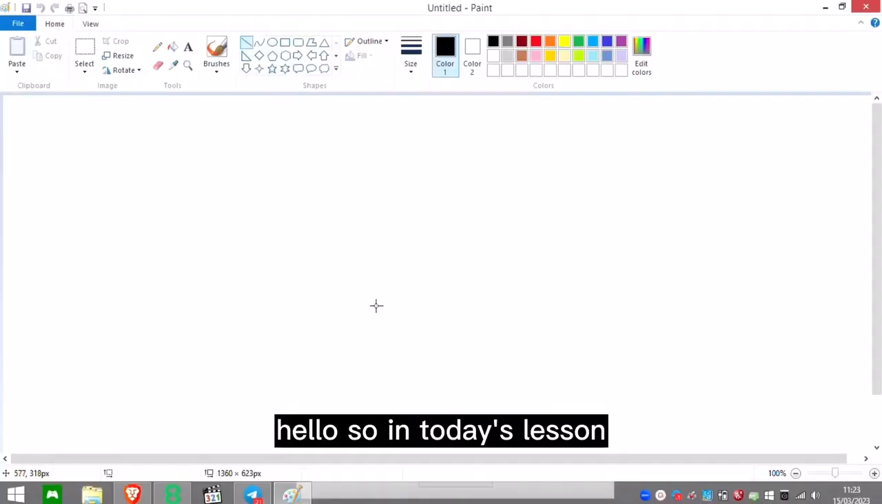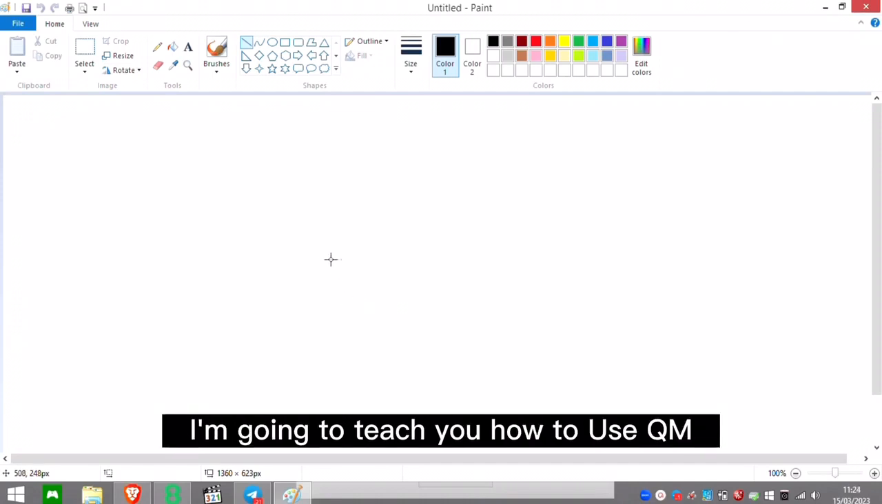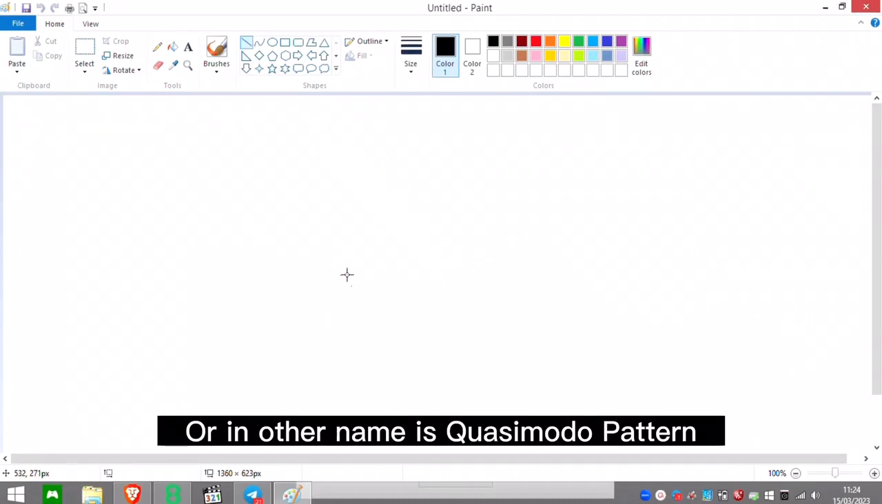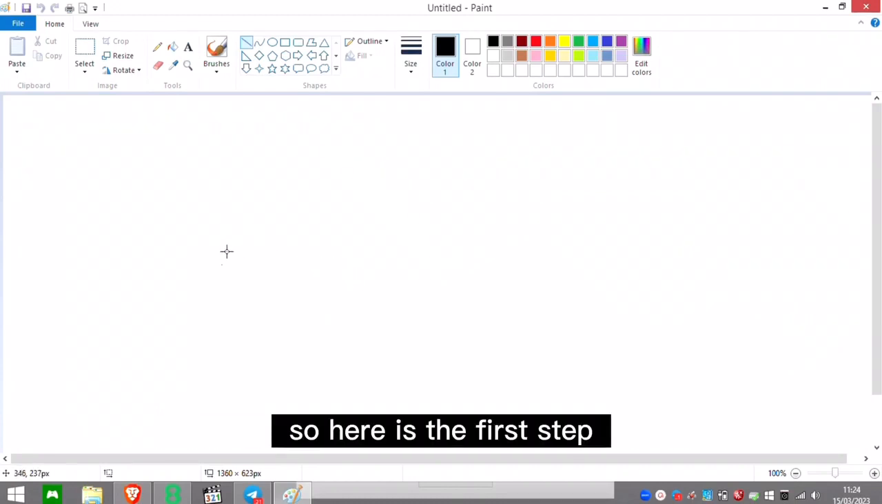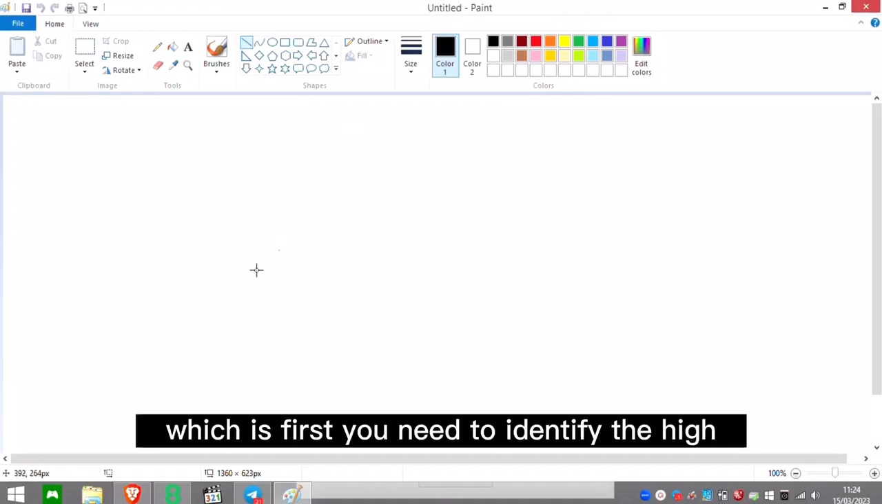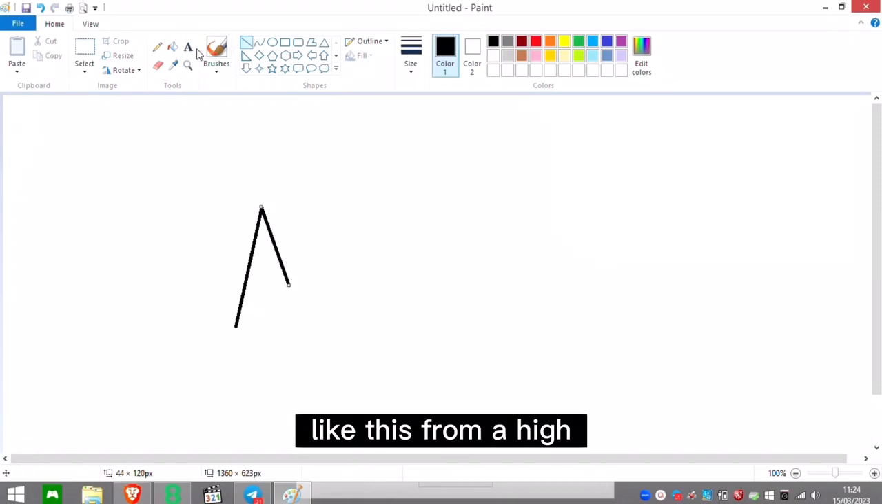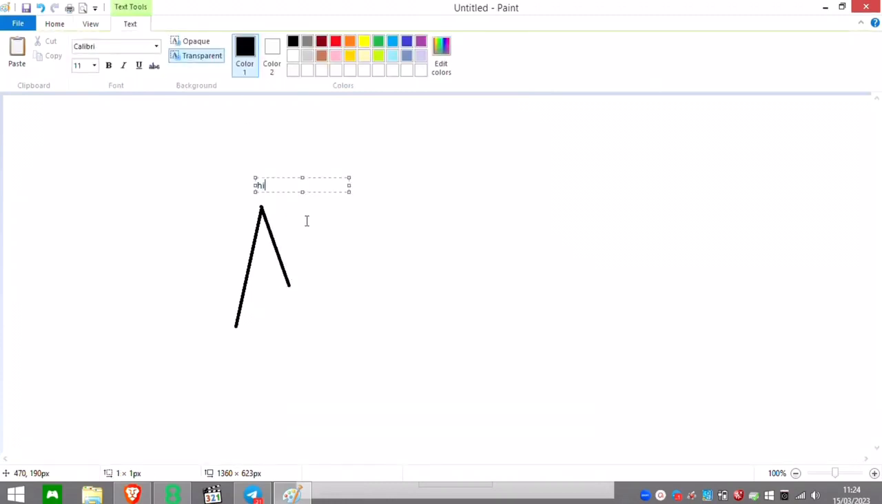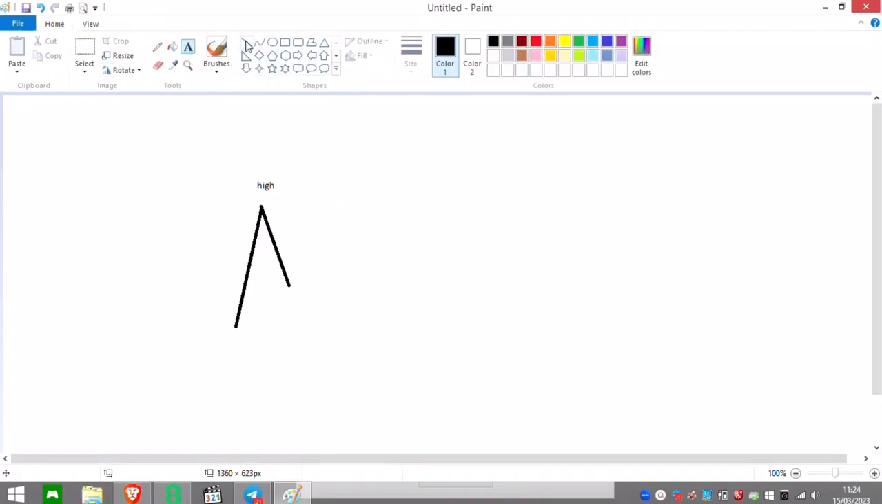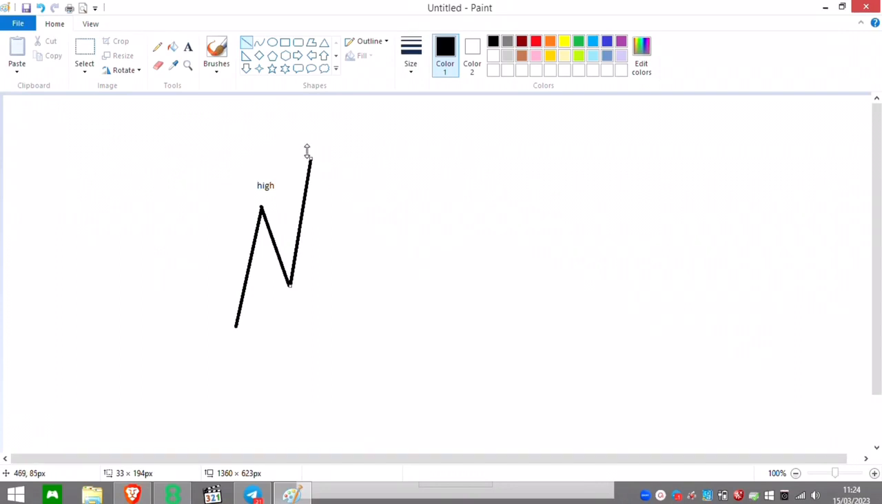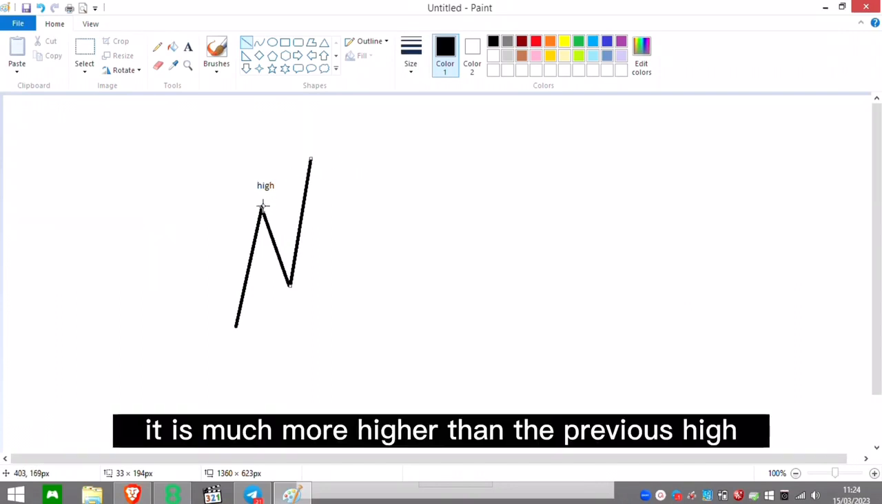Hello, so in today's lesson I'm going to teach you how to use QM, or in other name, the Quasimodo pattern. So here is the first step. This is for a selling example, which is first you need to identify the high, form a high, and then form a high, which is the swing point. It's much higher than the previous high,